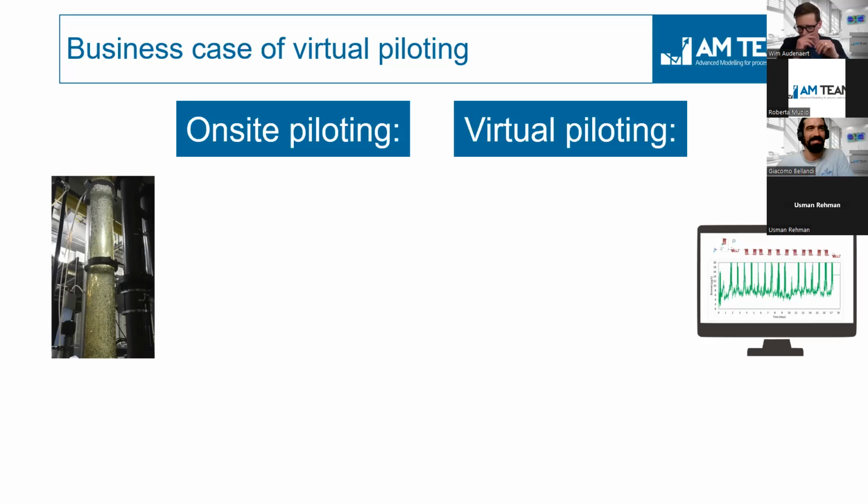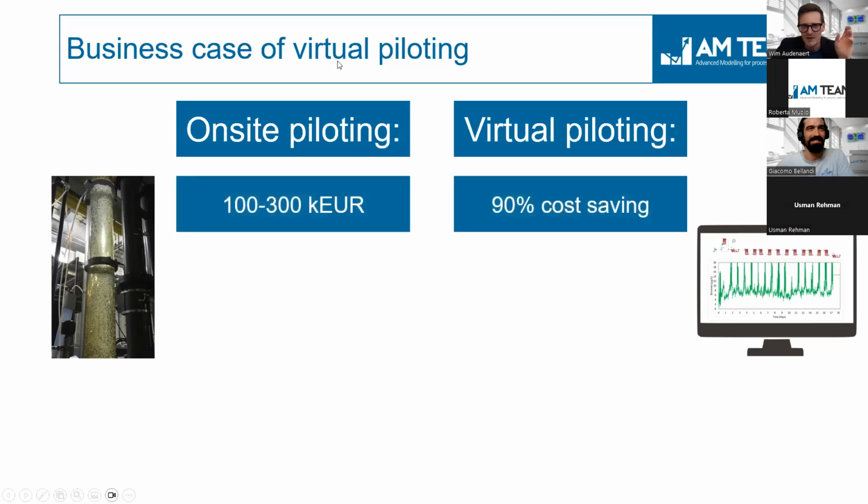So to end this section on virtual piloting, business case is very important. So if you look at on-site piloting versus virtual piloting, there are very big fundamental differences. Typically, the cost, what we see is in on-site piloting, if you want to do it longer term, it typically takes 100 to several hundreds of thousands of euros if you include man hours, renting or buying a pilot installation, analytical costs. So this is really the business case of a real customer, three full-scale plants in the Netherlands. And virtual piloting can lead to up to 90% cost saving. And typically where you are in the range of 80–90%, which is very, very significant there.